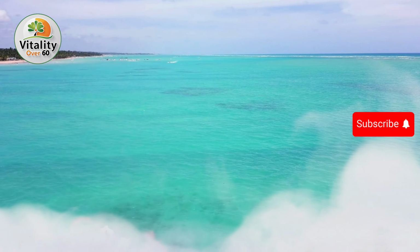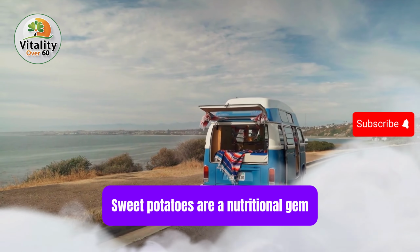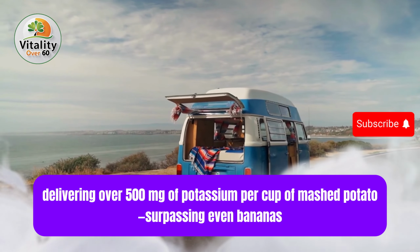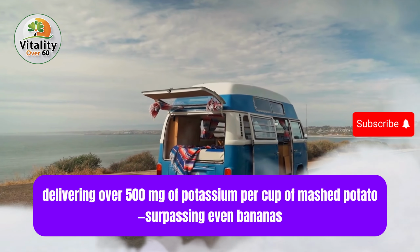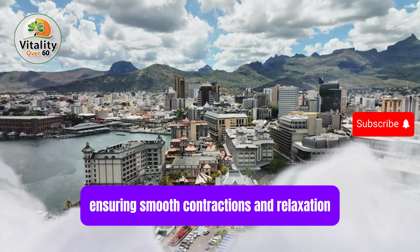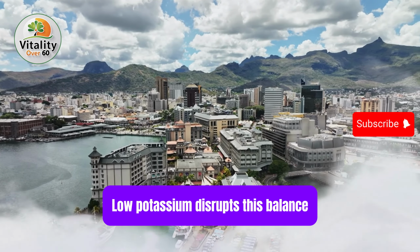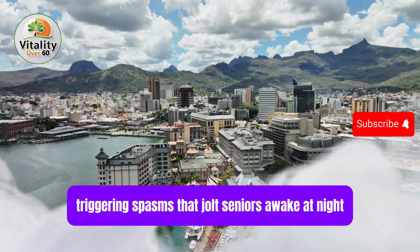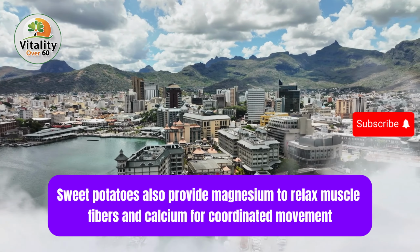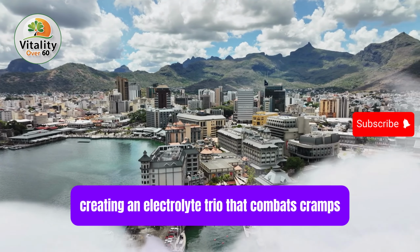Number 1. Sweet potatoes. Potassium powerhouse. Sweet potatoes are a nutritional gem, delivering over 500 milligrams of potassium per cup of mashed sweet potato, surpassing even bananas. Potassium regulates nerve-to-muscle signals, ensuring smooth contractions and relaxation. Low potassium disrupts this balance, triggering spasms that jolt seniors awake at night. Sweet potatoes also provide magnesium to relax muscle fibers and calcium for coordinated movement, creating an electrolyte trio that combats